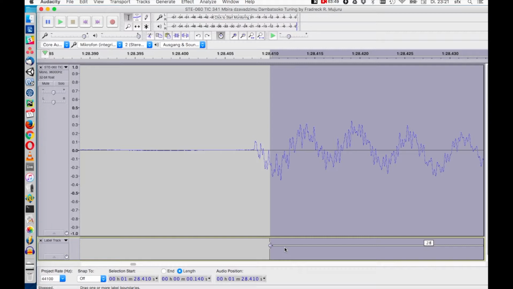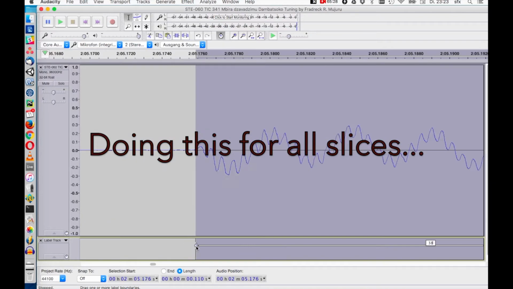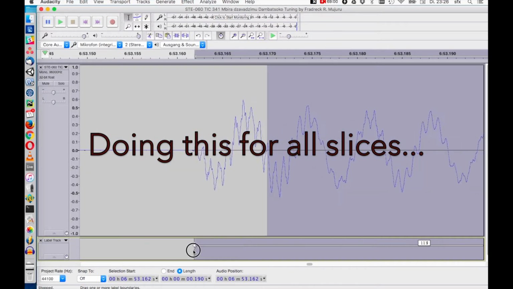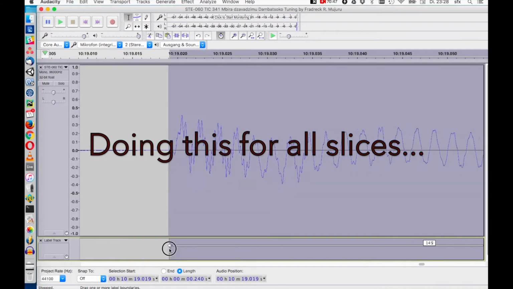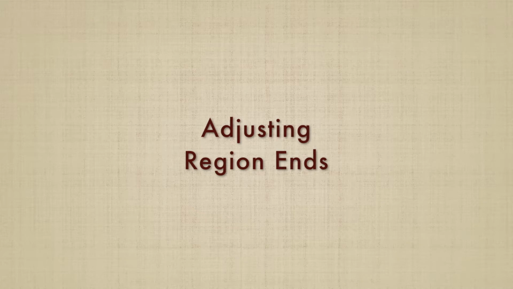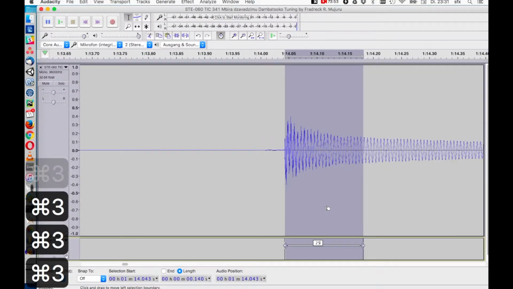This even works circular across both ends of the whole recording. Shift tab on the very first region takes me to the very last one. So now I can quickly alternate between adjusting the starting point and going to the next slice. Once I'm done with all the starting points, I save the project and